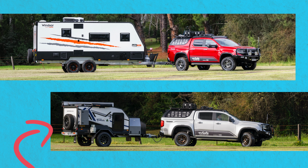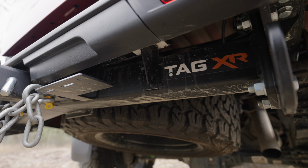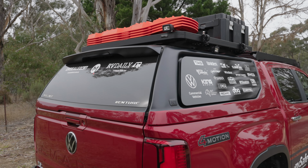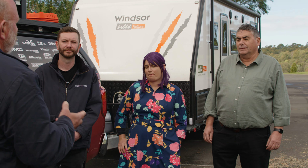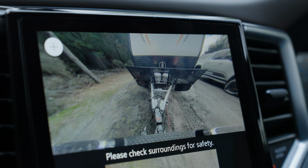Once we've worked out what we need from a vehicle, then we can start looking into the whole accessories side of things, isn't that right? That's right, Borgie. What we've got to then look at is the type of accessories that we fit into and onto the vehicle to make it easier to do the things that we want to do and where we want to go. What do you think would be the most important accessories you would want to choose? I've found that reversing cameras are helpful in terms of not having an accident, not damaging the vehicle, not damaging